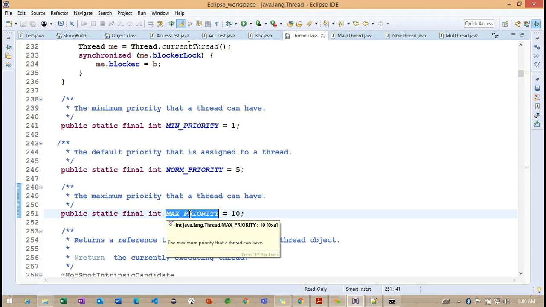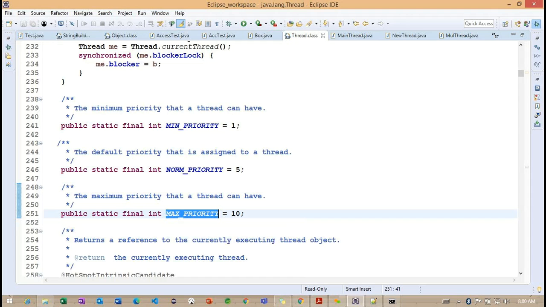Whenever it is a max priority, it will give it high priority to execute first. Even though it is a max priority, internally the scheduler moves it as the first execution because it has the highest priority.